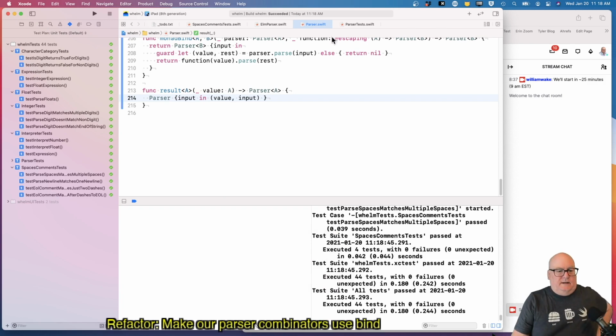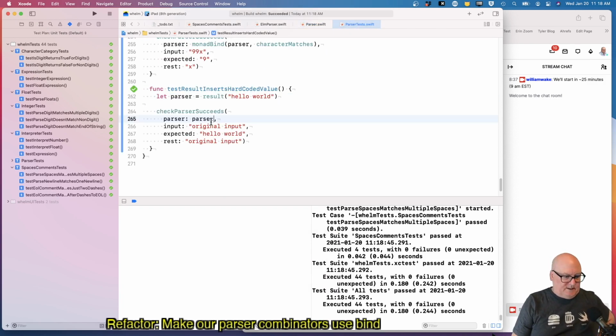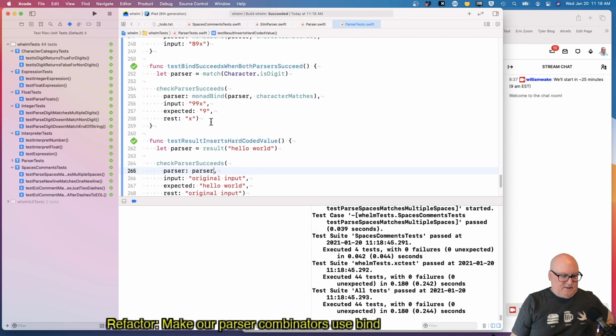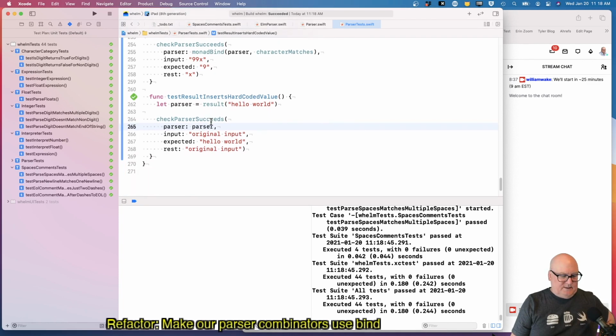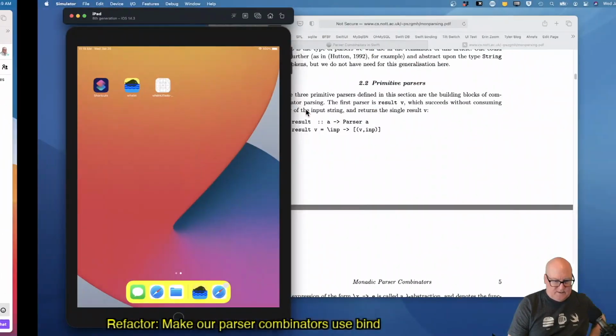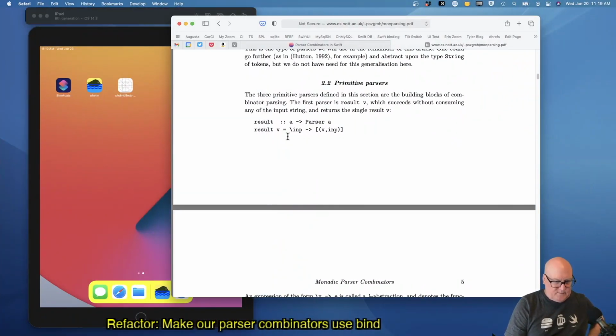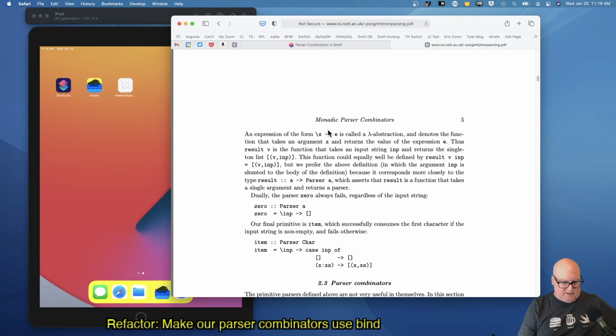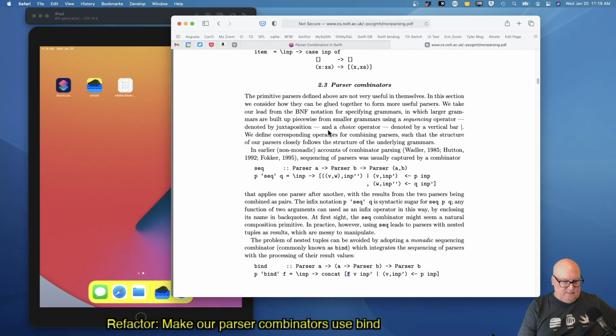Okay, while we're doing this, result... what do they call it here? Result maps this to its input. Okay. Now we need